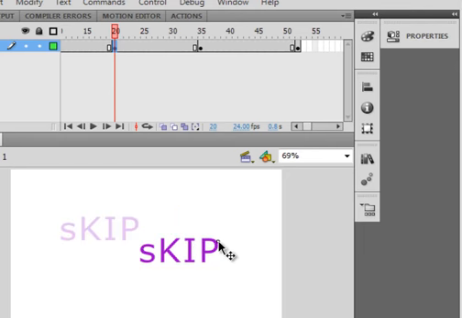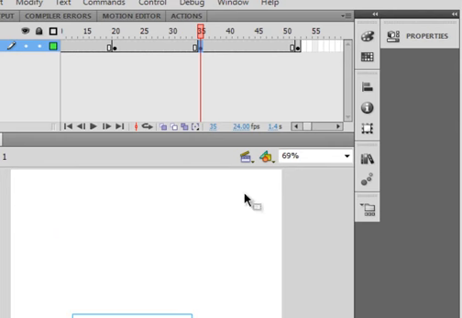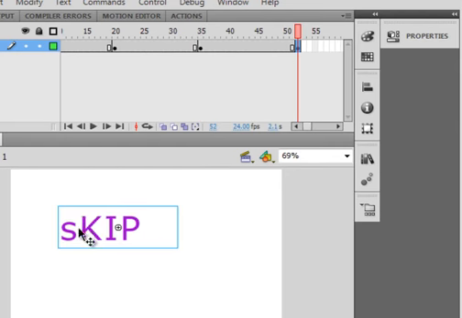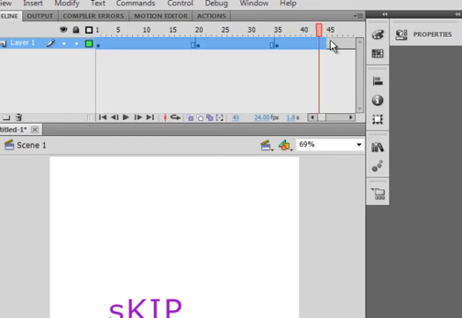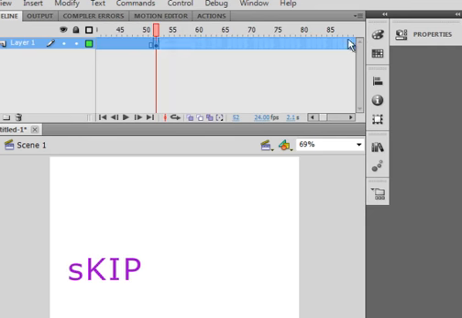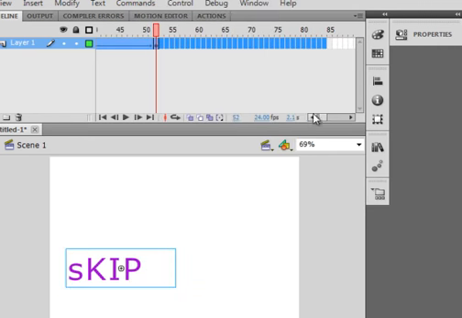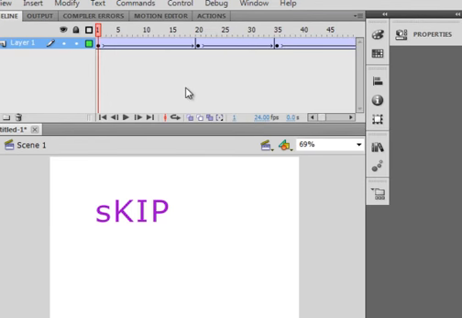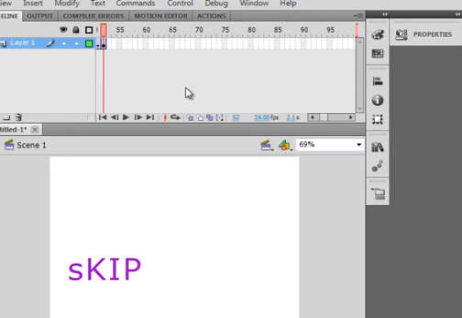Let's move it down here. Click here. Let's move it down here. Click here. Let's move it up or here. Now, if I go to frame 1 and just drag it right across, right click, create classic tweens. It'll create 3 of them for me. Now, again, it's going to do the same thing here, but the difference is going to be